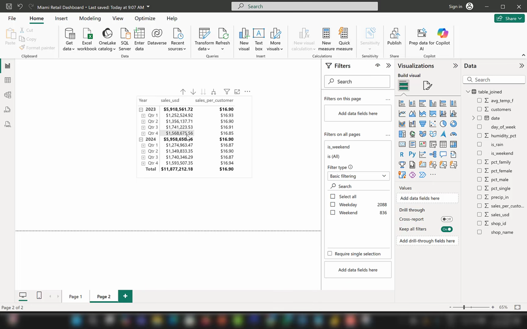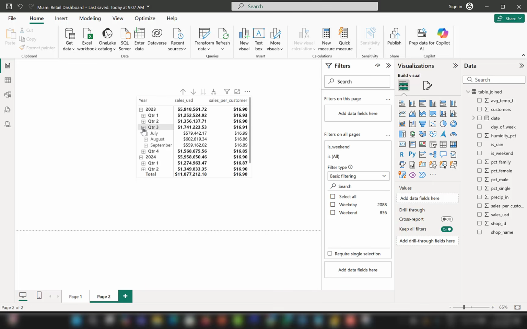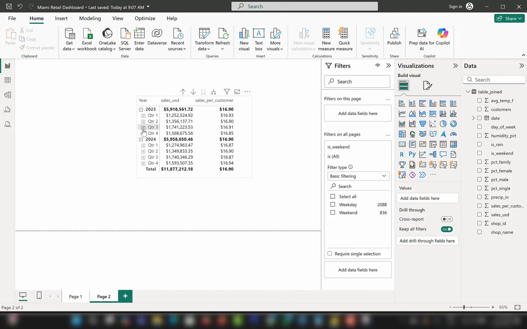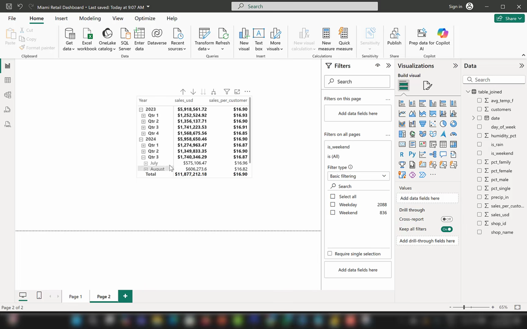We have the sales here are 1.5, the sales here are 1.3 and 1.2. And if we click into Q3, here are the summer months. So we see that this is definitely a good period. We can go to Q3 here, and you can also see that we're definitely doing better with sales